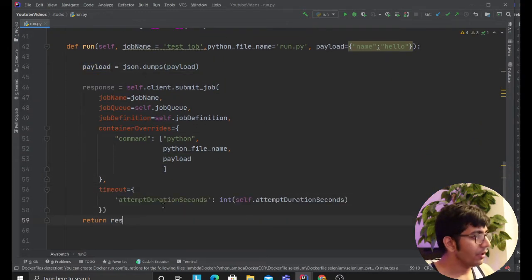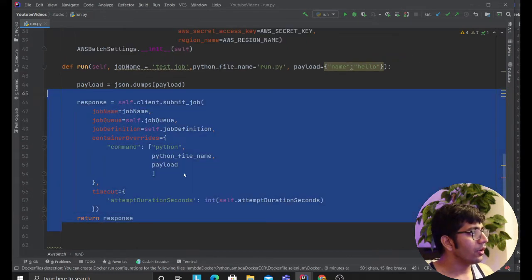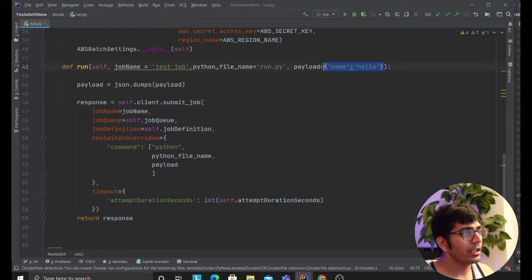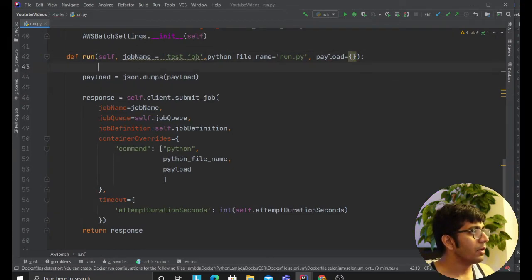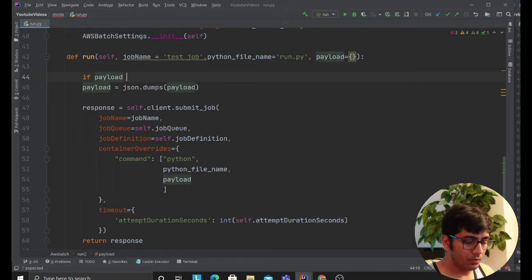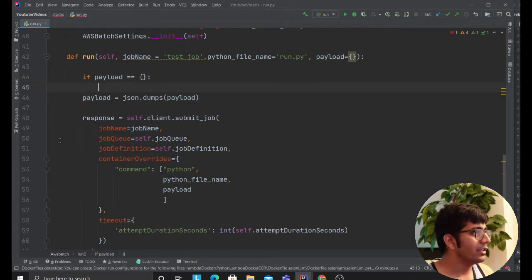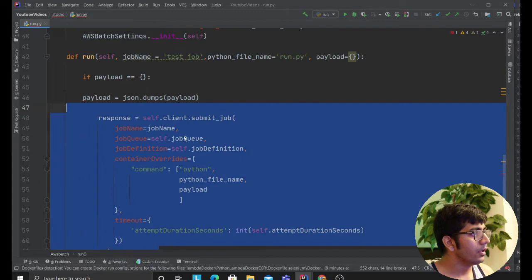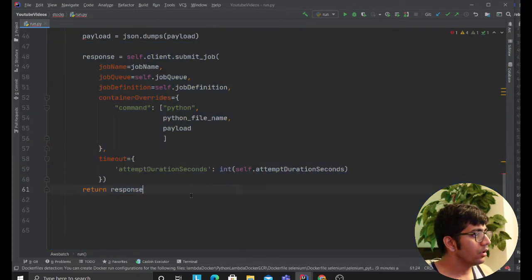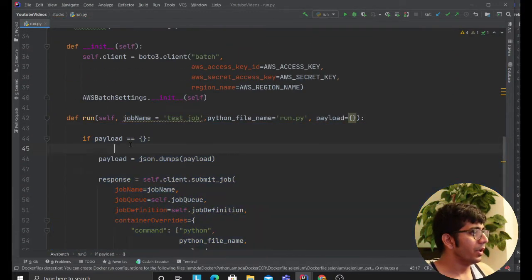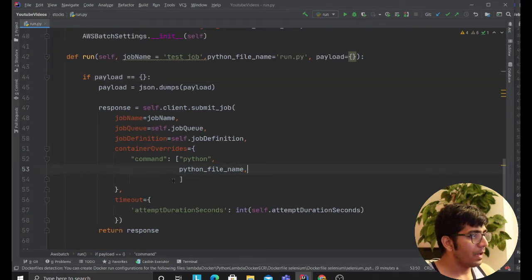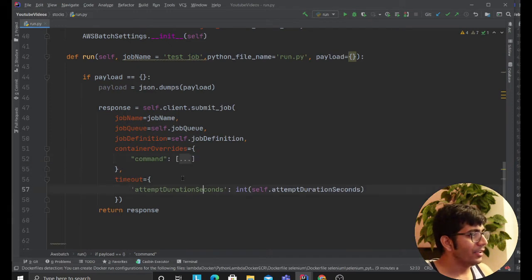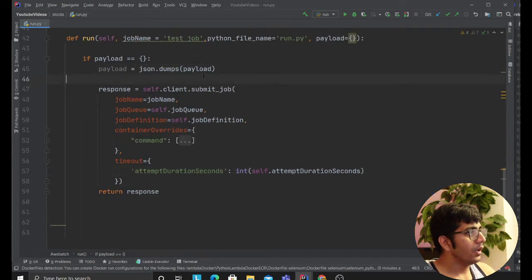So return response. And if something went wrong, you know what you want to do, essentially, if you do not have an argument, if you just want to invoke a normal file, you will say do this if payload is equal to this. So in this case, I do not have a payload to pass. So essentially, I would just remove this from this argument here. I'm making it generalized so you can use it. You don't have a payload, so get rid of this one right here.